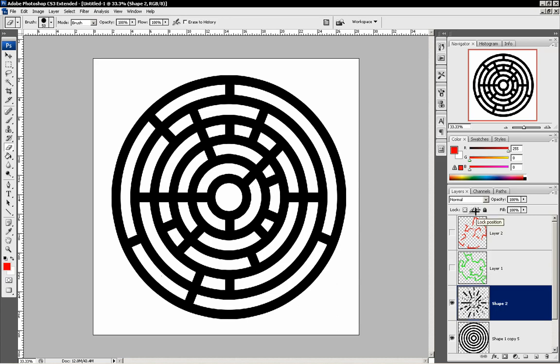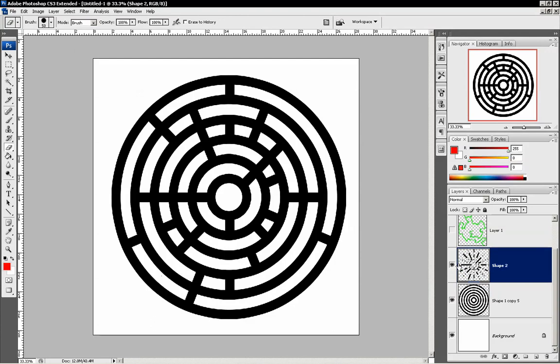Another thing you may want to do, which I didn't do in this case, is to just make a copy of this shape layer before you go and edit it. And that way, if you need to go back, you easily can. But now we want to start working on